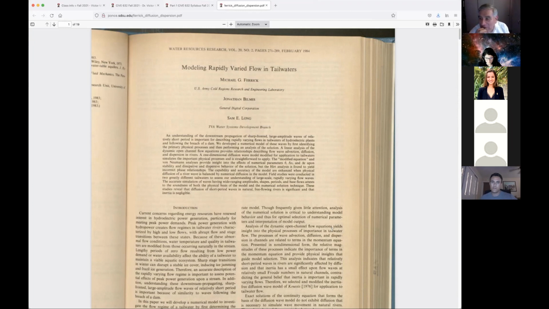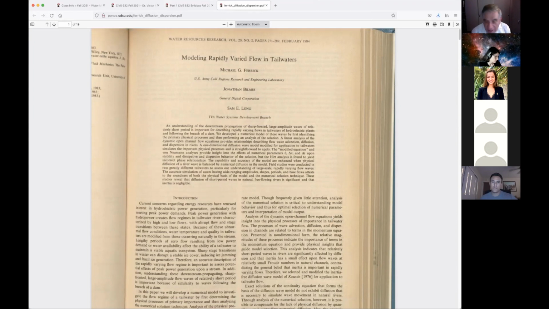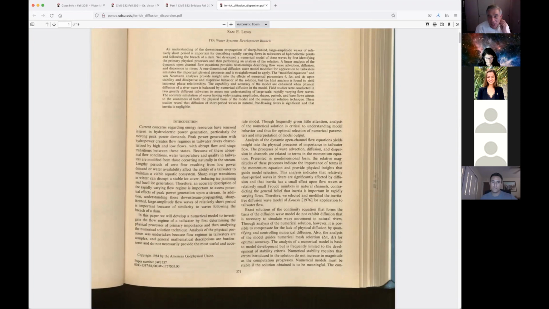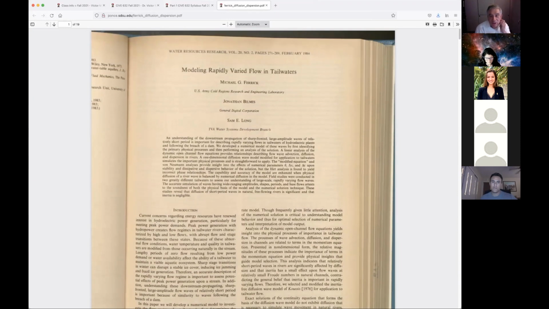He derived the third order dispersion equation, which was something I wanted to do and had not been able to. And he gave us the way to do it. You figured out this and this and that, you combine the equations. So you have to read this stuff. He was doing what he called unsteady flow in tailwaters. Tailwaters are in canals. When you operate gates, you end up with flow that is